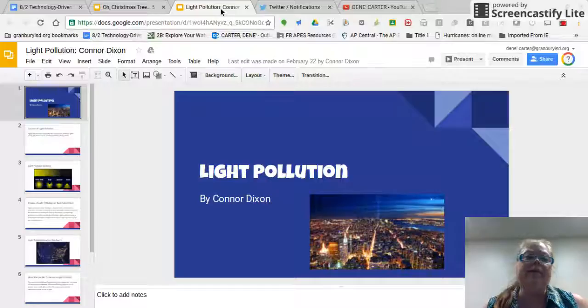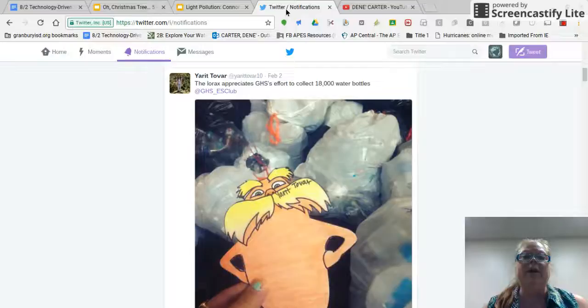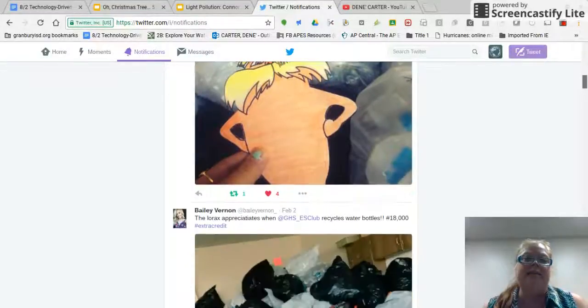And then finally, for out in the real world, what I did was we were working with these little flat Loraxes, and we were supposed to communicate with some other schools, but stuff happened. And so what I did is, for extra credit, I would have kids take pictures of their flat Lorax and put some sort of a little environmental message, and they hashtagged it and also noted the GHS Environmental Science Club Twitter account. And so we had several different